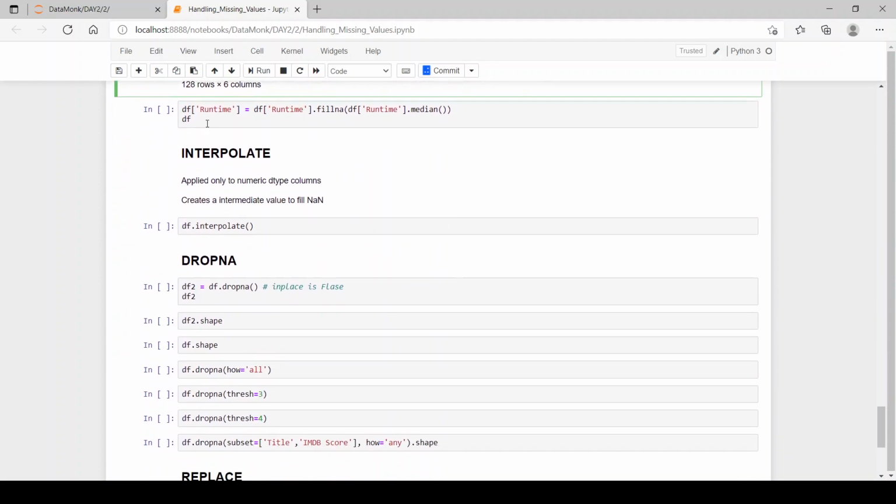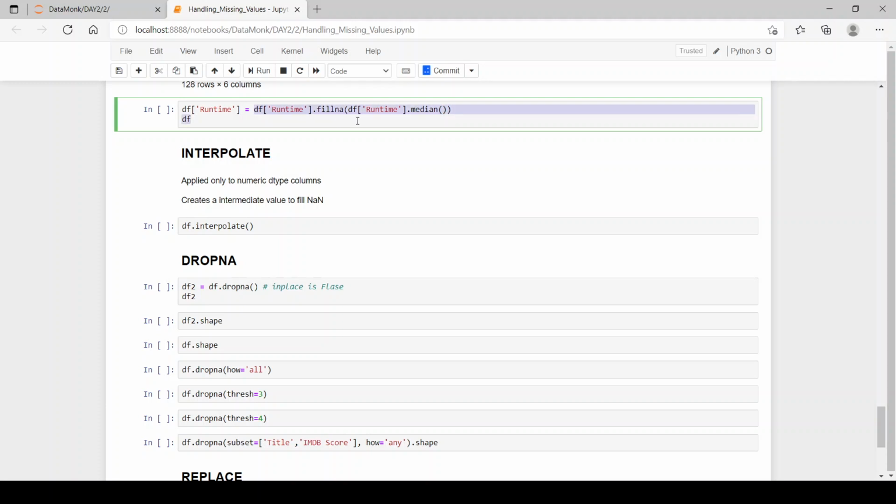Now df['runtime'] is equal to df['runtime'].fillna(df['runtime'].median()). So df['runtime'].median() will calculate the median of the runtime column. Then fillna will be used to fill the runtime column with its median.